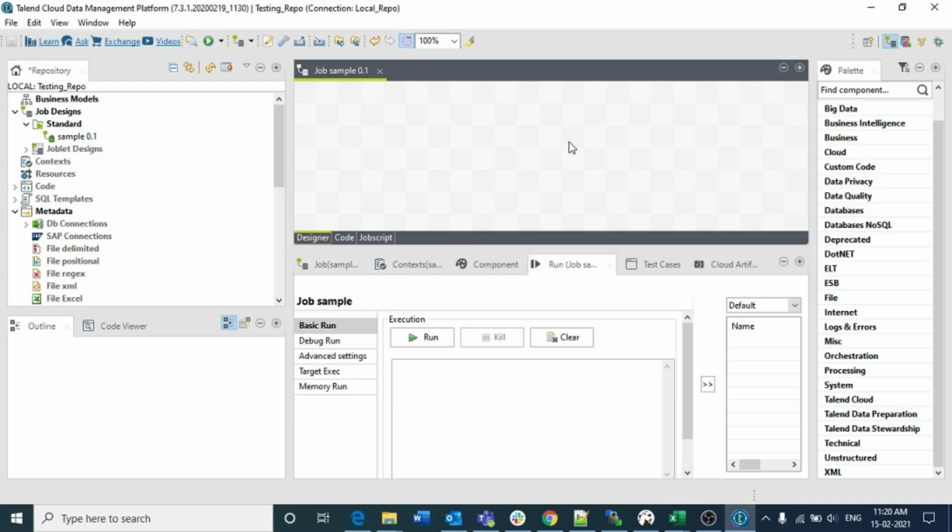But if it is hidden, it won't come here in the normal jobs. So this is how you can retrieve it. Suppose you are facing the same issue, you need to go to the same Edit Project Properties, go to Designer, and check whether what you are looking for is present in the hidden section or not. If it is present, then you can move it to the show section and use those components.